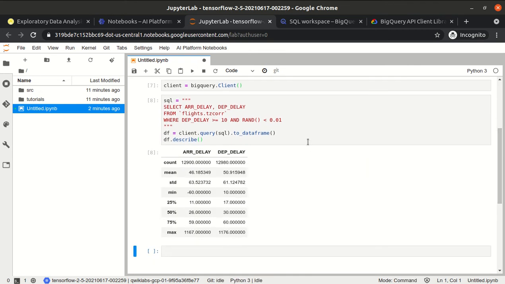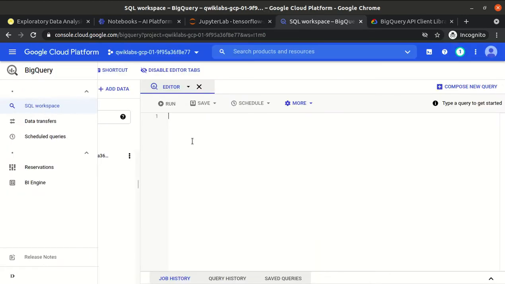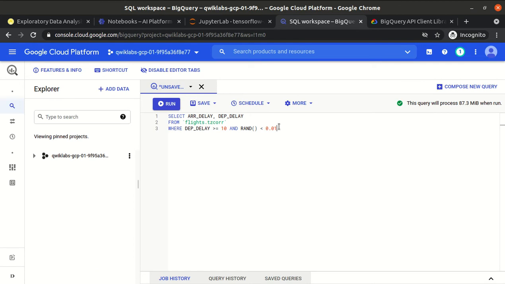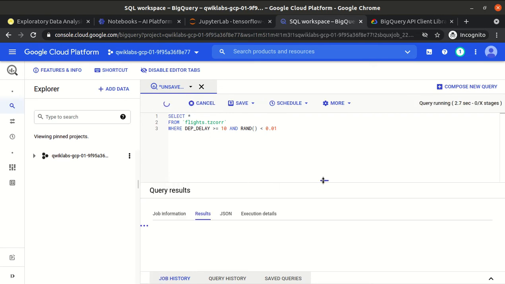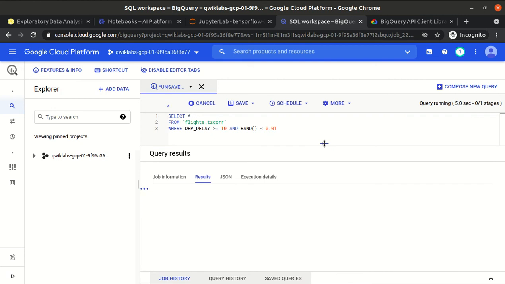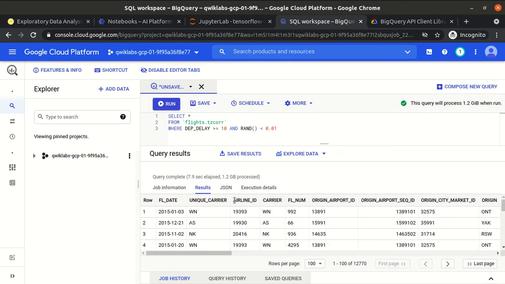Okay, so it fetches only arrival delay and departure delay, otherwise it has so many columns, I believe. Let me show you. Select star. See, it has so many columns, right?